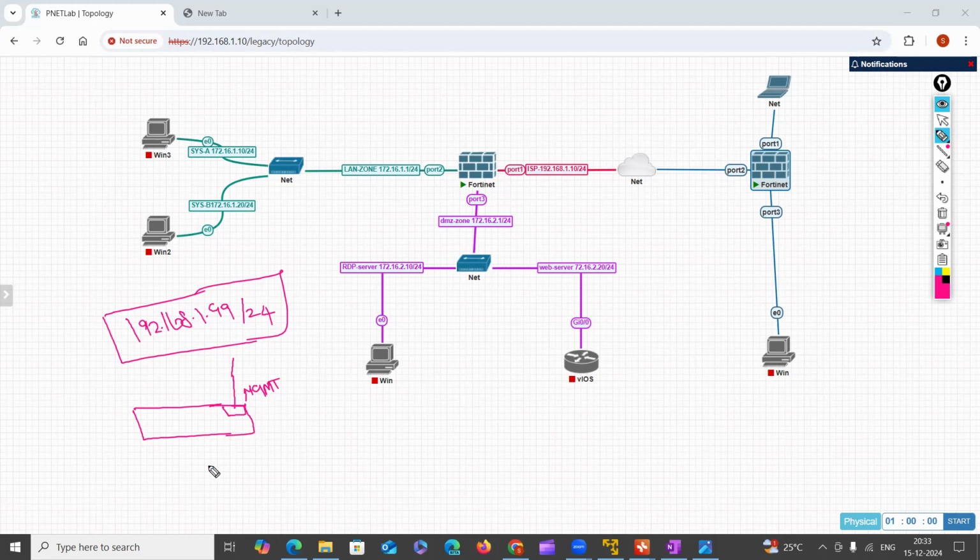So what you have to do the very first time, for this management port, you need to connect your management laptop or desktop, whichever you are using in your organization. So let's connect this desktop, and you need to give reachability. You need to make reachability between the management port of your FortiGate firewall